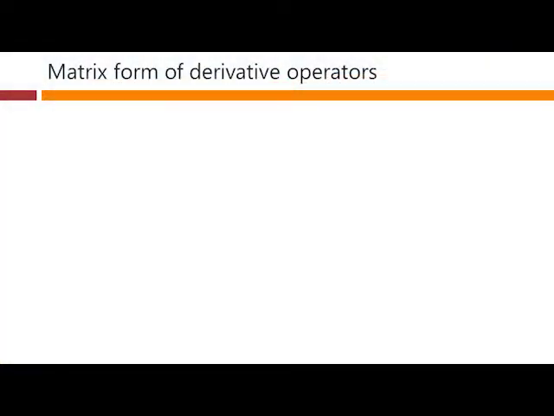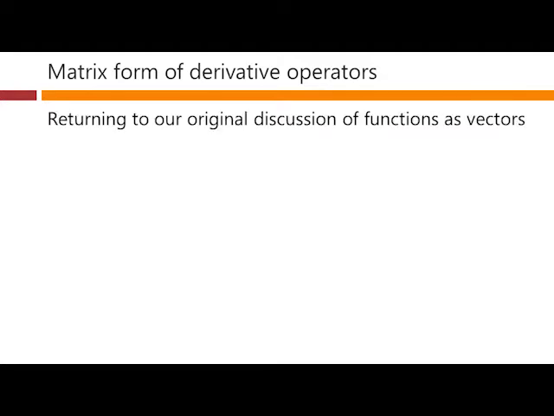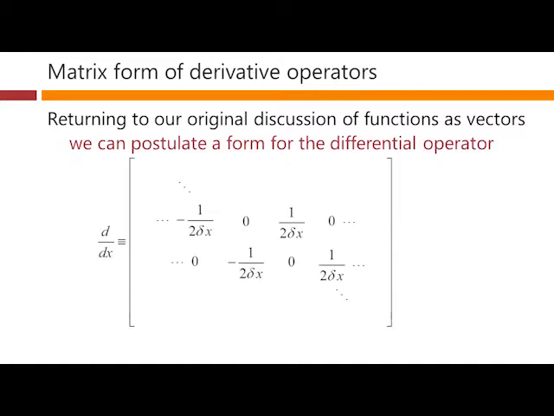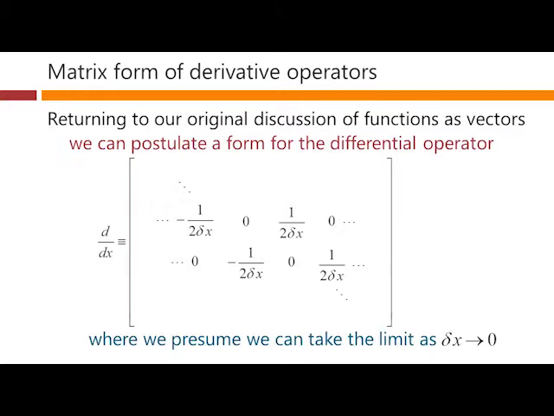So let's look then at the matrix form of derivative operators. We return to our original discussion of functions as vectors. We can postulate a form for the differential operator. So this is our postulated form of a matrix to try to represent a derivative here, d by dx. Why have we chosen that? Well, we presume we can do this. We're going to take the limit as delta x goes to 0 here, and this will match up with our